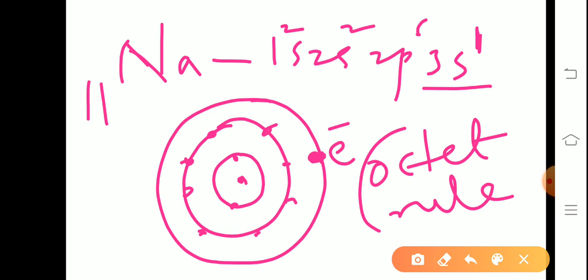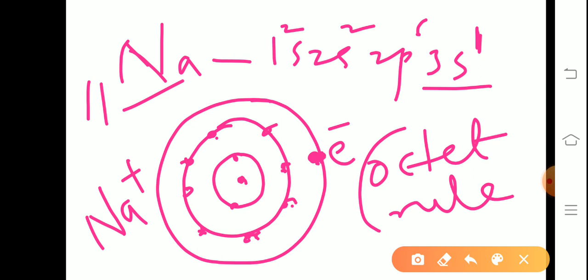Also you should know it. Okay, the sodium atom should lose the outermost electron to get the octet configuration. So after losing one electron, the second shell becomes the last shell of the sodium, having 8 electrons. And sodium gets stability in this way. By losing one electron, sodium gets the positive sign. Understand? If any atom loses electrons, it gets the positive sign.